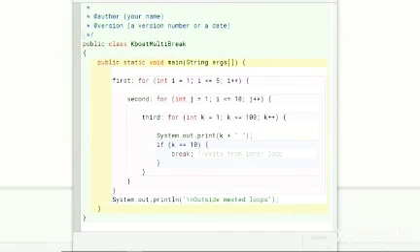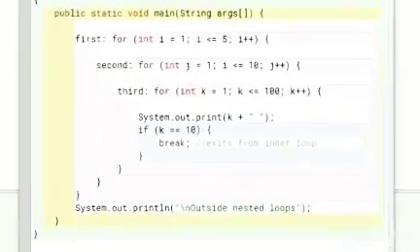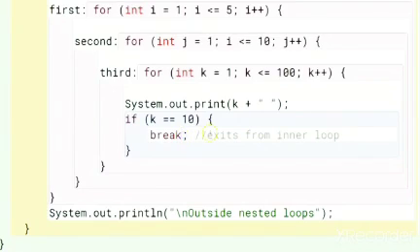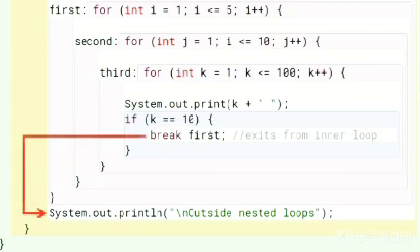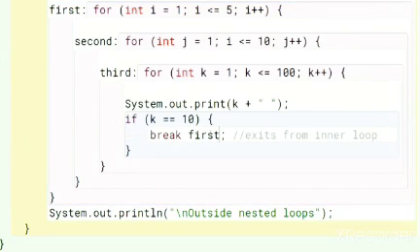When k becomes equal to 10, I want to exit out of all these three loops, which means that I want to exit out of this code block which we named first. So here I'll write first as the target label of this break statement. Now this labeled break statement will transfer the program control here, outside the code block named first. Now with a single break statement we can exit out of these three nested loops.